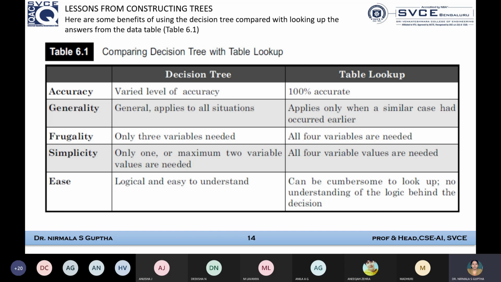Is it that the outlook is divided into three, right? Based upon the three values available in the data set given to us. One is sunny, one is rainy, another one is overcast. Correct. So what is the word you will get when I say that? Divide and conquer, right? Are you there with me?